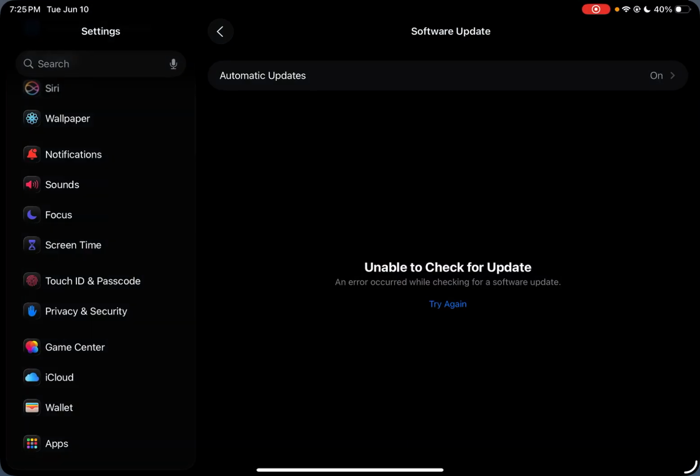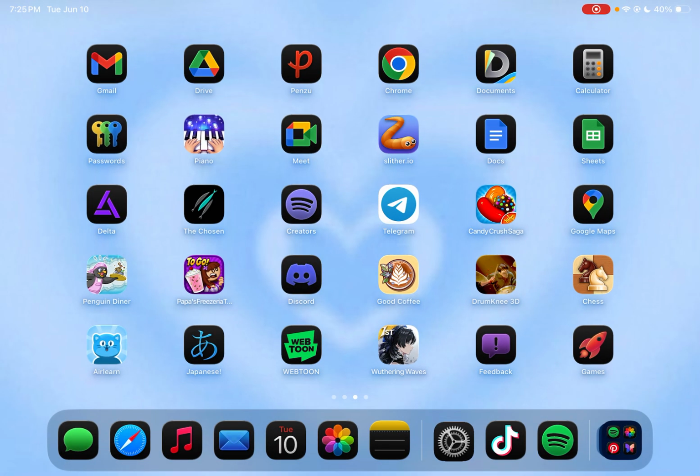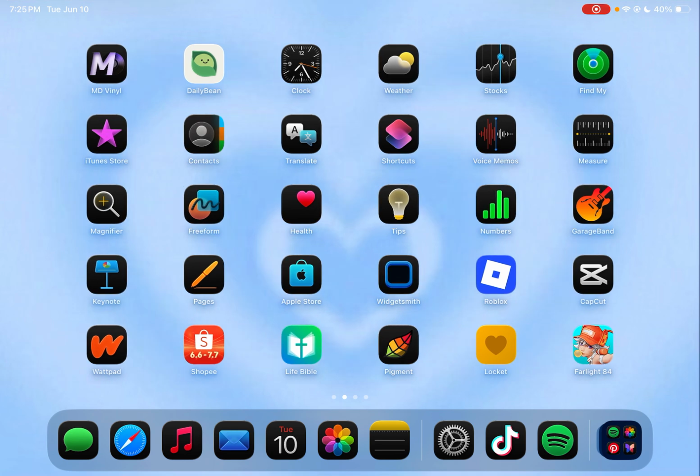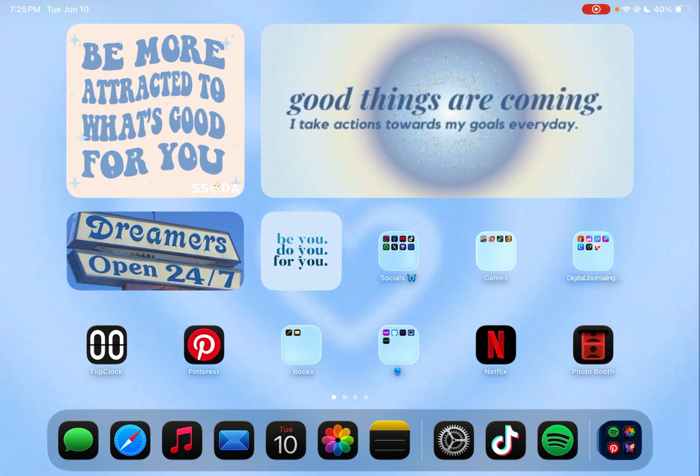After I updated my iPad, I'm really amazed by the new features. It's on the notification bar here. You can see the bubble-type icons. For me, it's really good. It's a new icon here. But the best thing